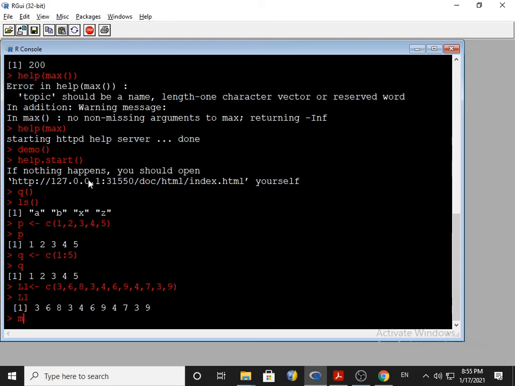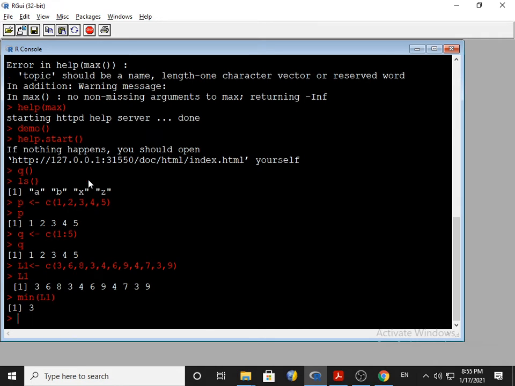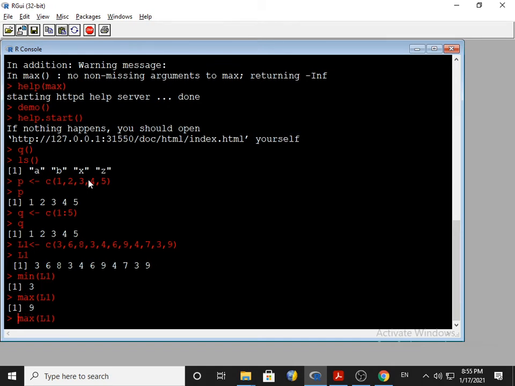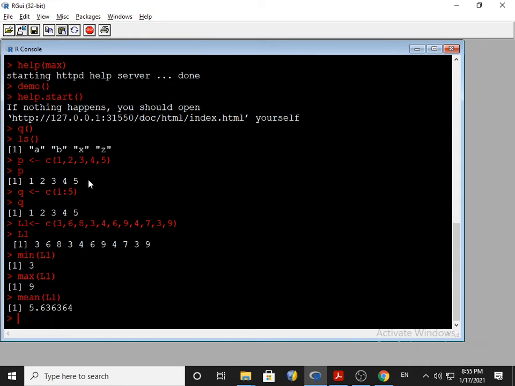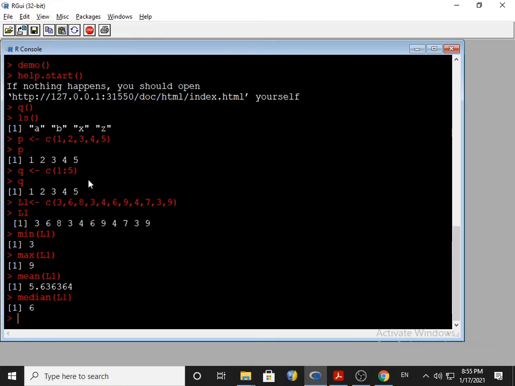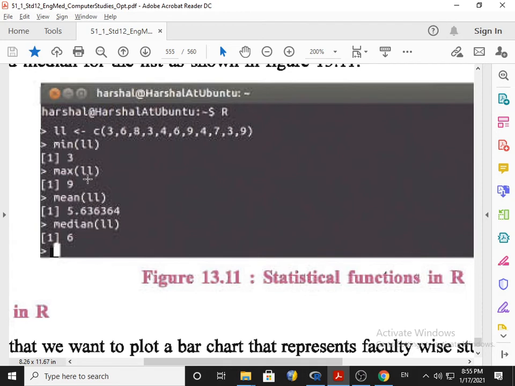So I write here min L1, meaning show me the minimum value out of all the values of L1. It shows 3. Now if I ask for the maximum value from L1, that is 9. Then mean, that is 5.636364, and median, that is 6. So all functions are there: min, max, mean and median.